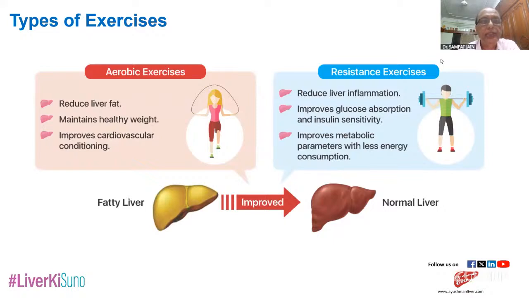Then the types of exercise which will help in fatty liver are aerobic exercise and resistance exercise. What are the advantages of aerobic exercise? It reduces the liver fat, maintains a healthy weight, and improves the cardiovascular condition. Resistance exercise reduces liver inflammation, improves glucose absorption and insulin sensitivity, and improves metabolic parameters with less energy consumption. Thereby, the fatty liver can